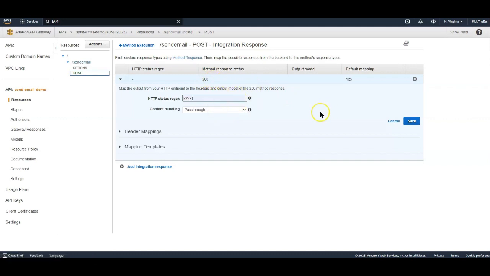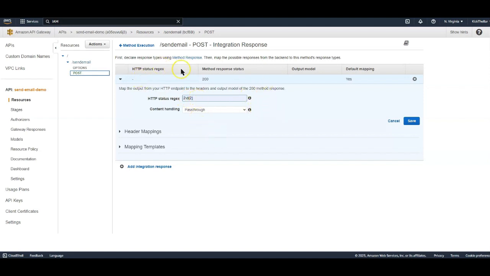So for example, you could say anything that starts with a 2 and then 2 other digits right here, just send me back 200. And you could do the same thing for the other 2, anything that starts with a 4 and then 2 other digits,